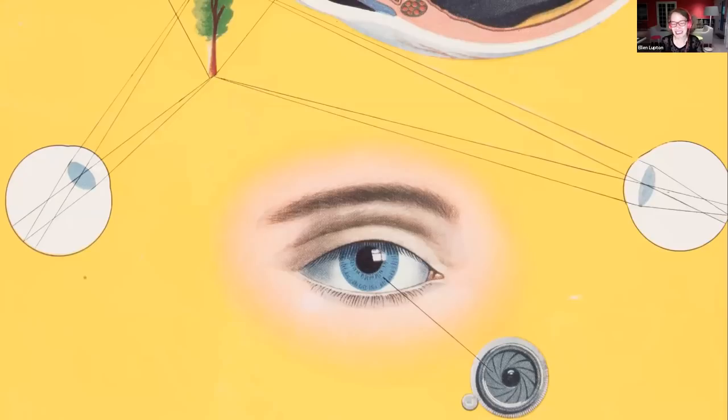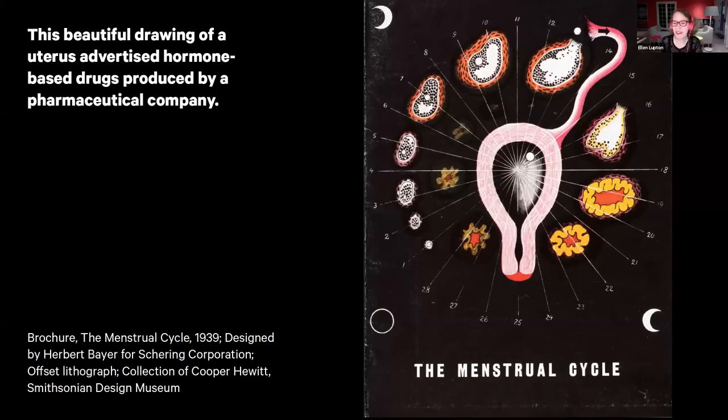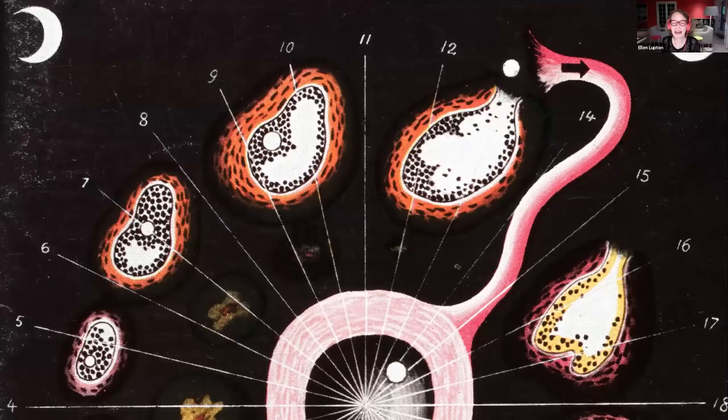It's really incredible, right? And my favorite piece of all, this was a brochure for pharmaceutical products, hormone-based products for women and their monthly troubles. And it's the uterus surrounded by the phases of the moon, right? The phases of the female menstrual cycle, all hand-painted, incredible. And those are his lines again. If you go back to those very first geometry pieces, these lines of construction that are part of the artwork,